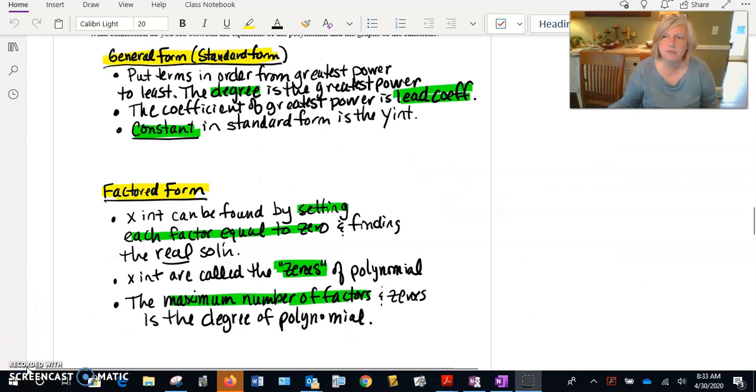All right, so summing up this packet of notes, check your answers with the key. In the general form, put your terms in order from greatest power to smallest. The degree is the greatest power. The lead coefficient is the coefficient of the beginning of the highest power. The constant is your y-intercept. Your factors set equal to 0 give you your x-intercepts. Those are called zeros, and the maximum number is the number of the degree that's there. Go ahead, complete the homework for this, do the worksheet, check your answers, and come